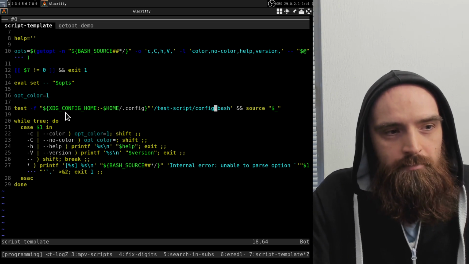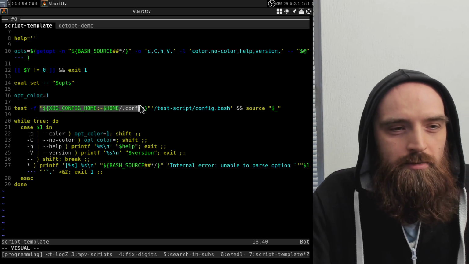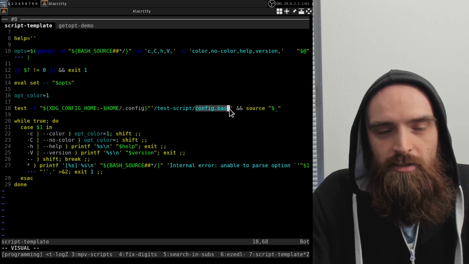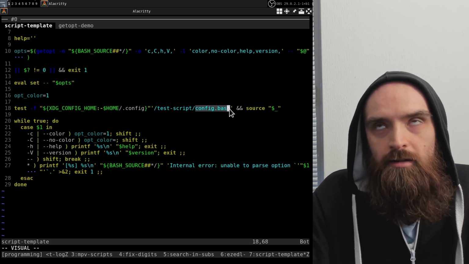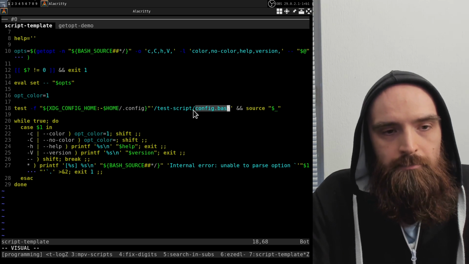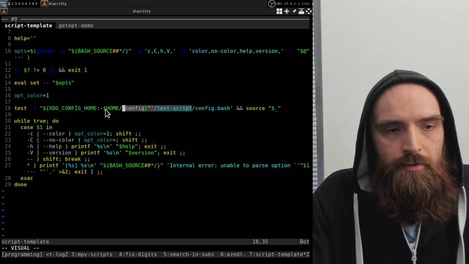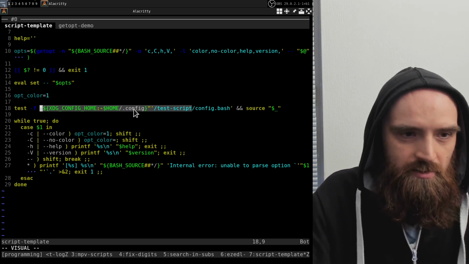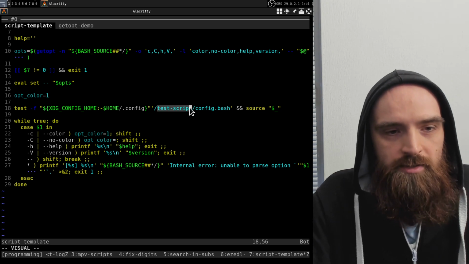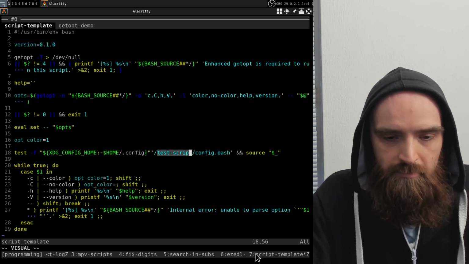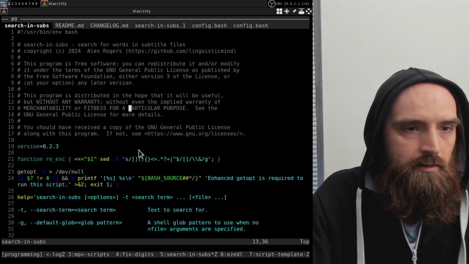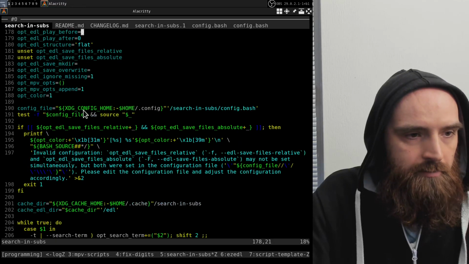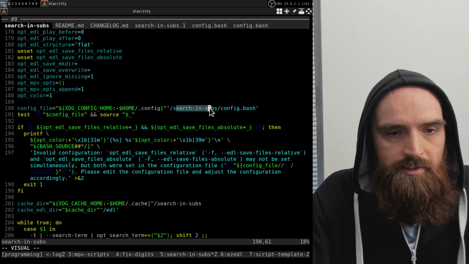So the way I currently do things in my scripts when it comes to config files, I just have a bash file for configuration that I put in the directory according to the XDG directory specification, in the .config folder. Then the name of the script, it just says here test script, but for example, if we take a look at my search and subs script, I have here config file search and subs